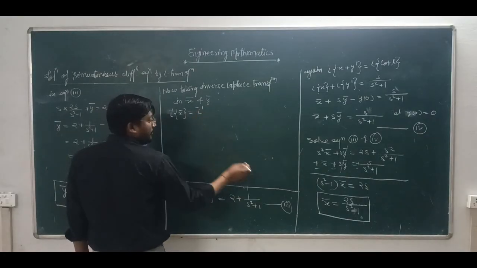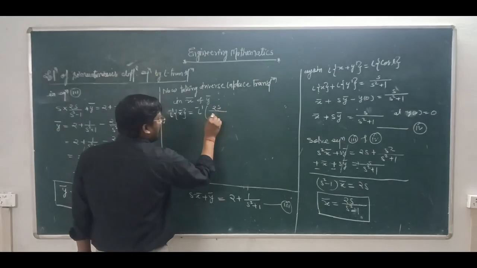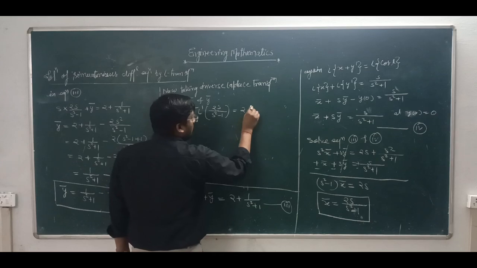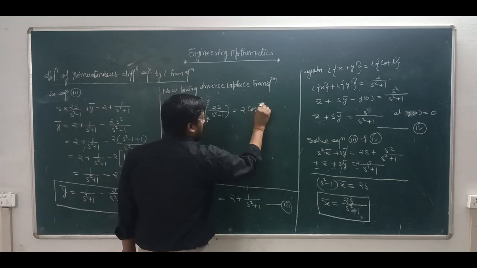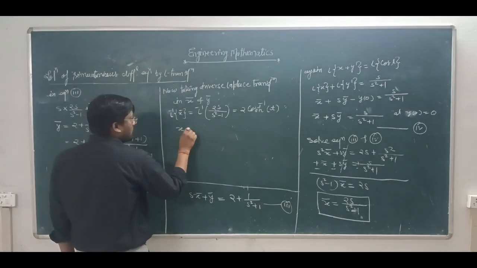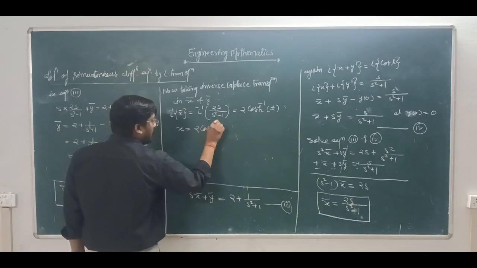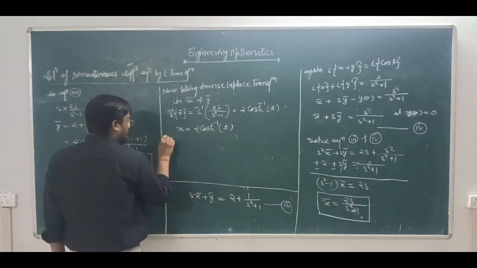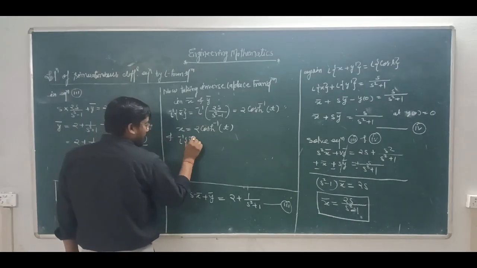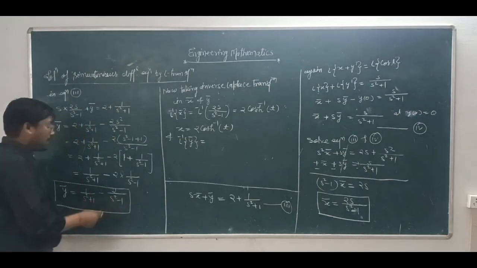inverse Laplace of 2s upon s square minus 1. It means 2 cos hyperbolic t. It means x is equal to 2 cos hyperbolic t and inverse Laplace of y is equal to, you can inverse Laplace of